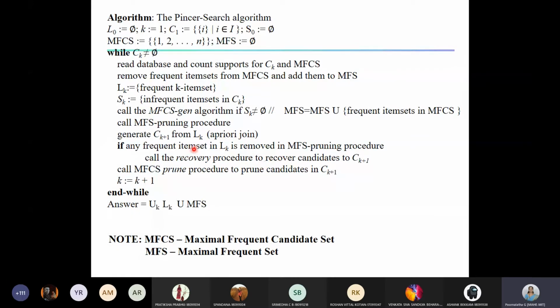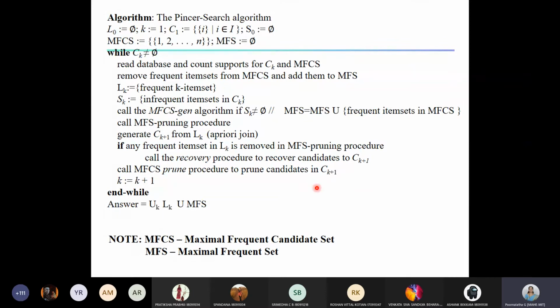And if this is not true, then we don't do this, we come to this step. Here we call the MFCS prune procedure to prune the candidates in CK plus 1. In MFCS prune, we check all the items that are present in CK plus 1.